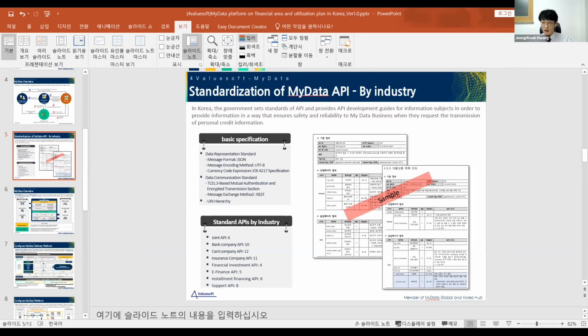The API development guide is provided by documenting all of these. And the data holder develops the system in accordance with this standard API development guide.